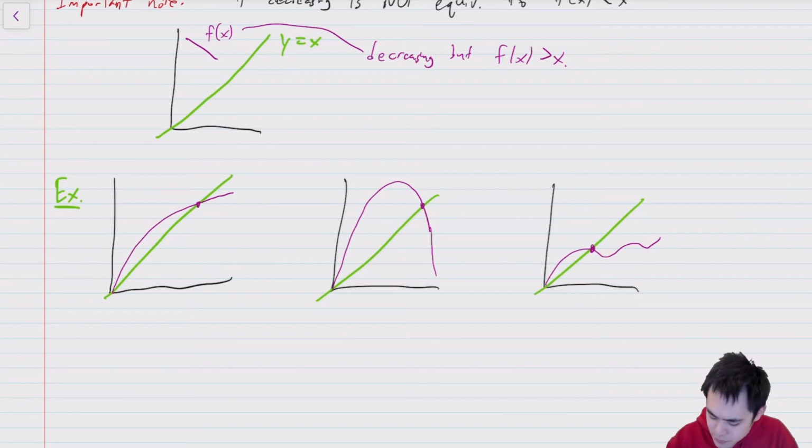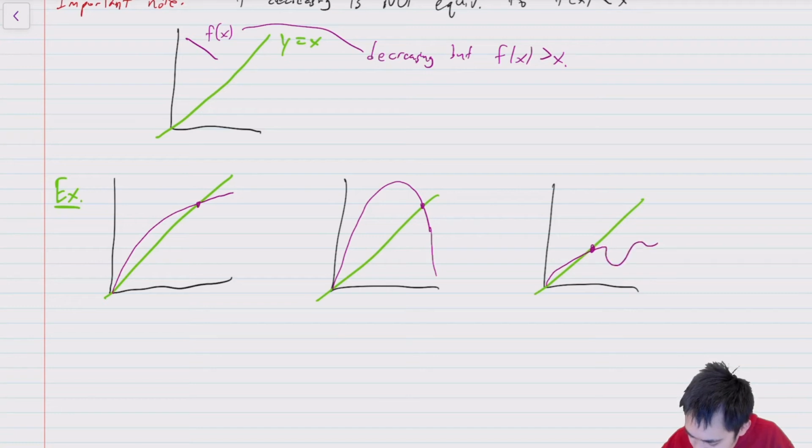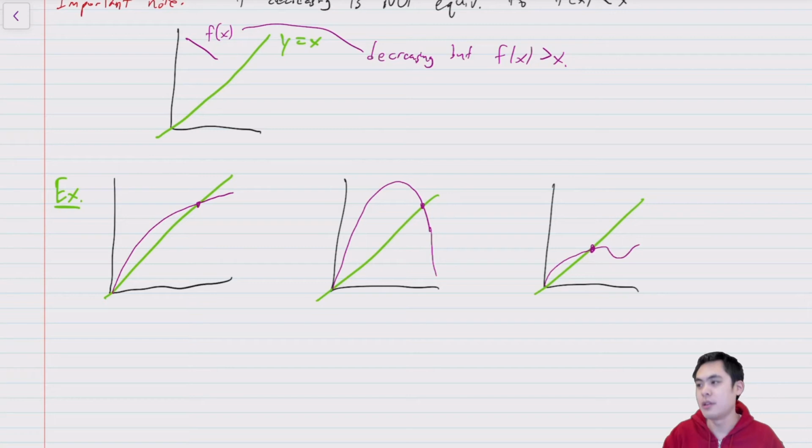Actually, let me fix this a bit. Let's make this clear that this is not a maximum. So it can do whatever it wants afterwards, but you need to make sure that there isn't actually a maximum before you reach the equilibrium, or things might go super weird. And actually, let me make sure this is continuous as well. So let's say that goes there. If you introduce discontinuities, then all bets are off.